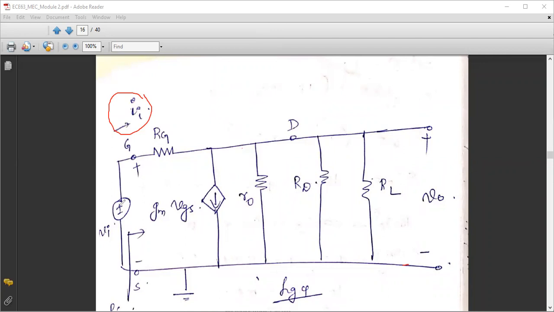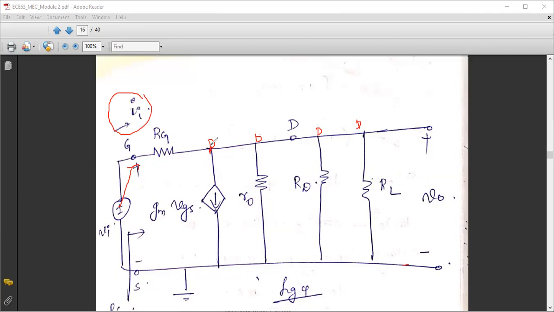Is it VA? VA is coming towards the gate terminal. So the voltage at gate is Vi. Similarly, what about the voltage at the right side of this resistance, this terminal? This terminal is equivalent to drain only, right? All these are short circuits, so these can be considered as common drain terminal only. So you can tell me what will be the voltage at the drain terminal.